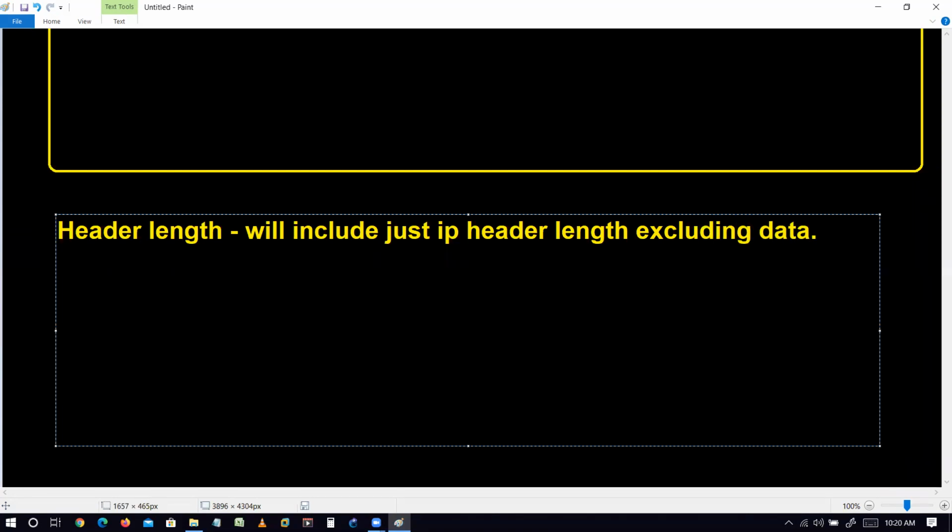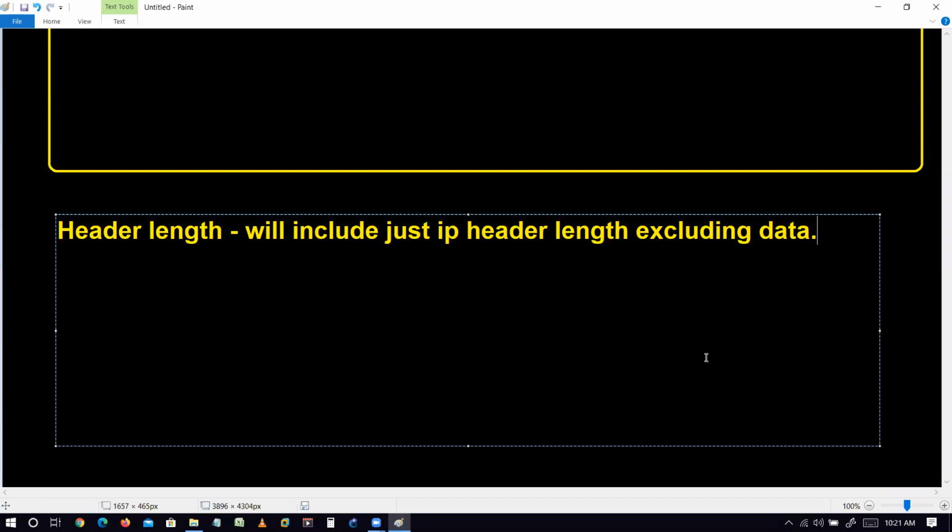Whenever we are sending a packet out with the size of 100 bytes, at that time it will add a new header, that is the IP header. The IP header size will be around 20 bytes, so in total it will send 120 bytes to the neighbor. So the header length is the header length excluding your data.